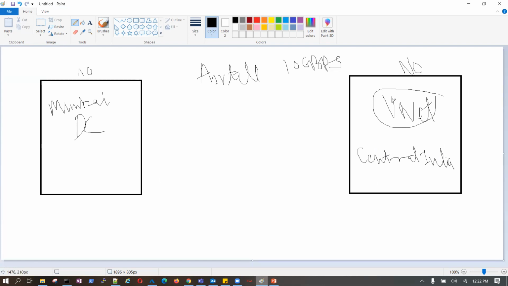You cannot say Central India data center is in Delhi or Nagpur or Bangalore or any part of the country. But assuming this is my Mumbai data center office and this is my Lucknow office.